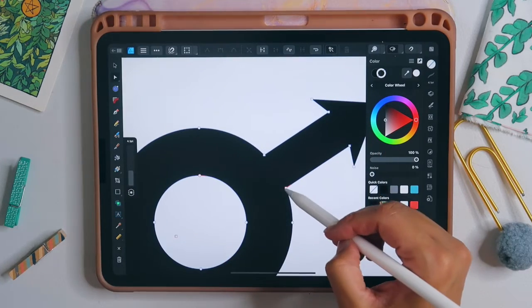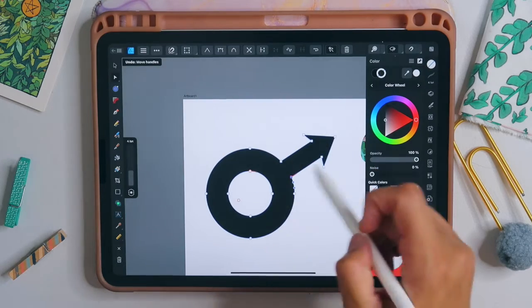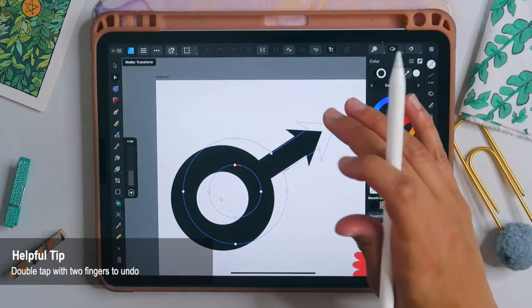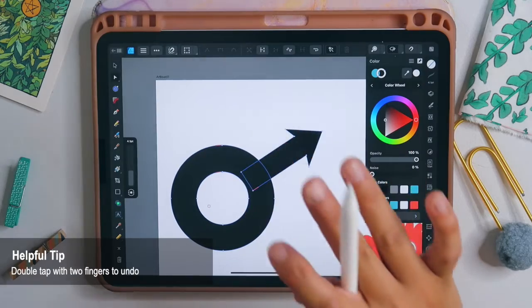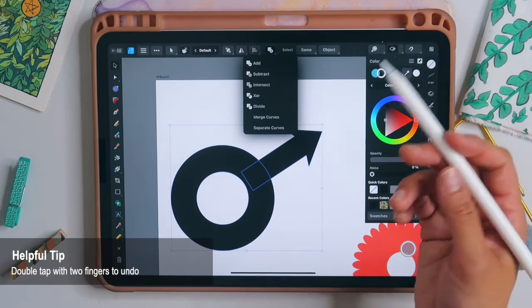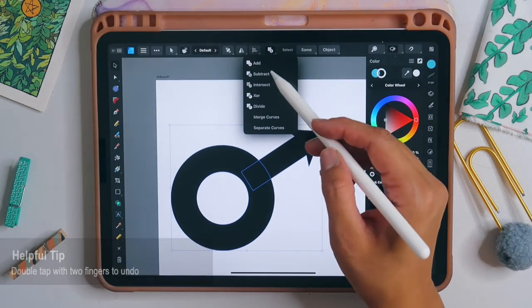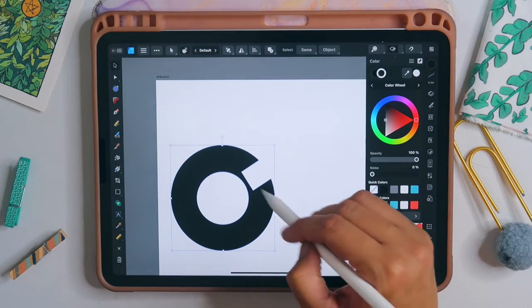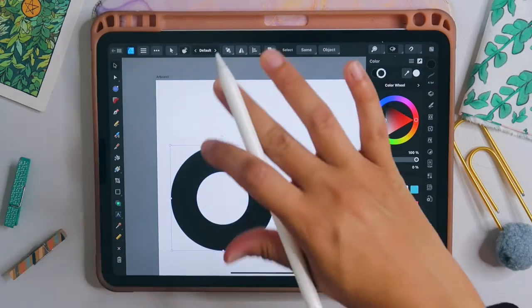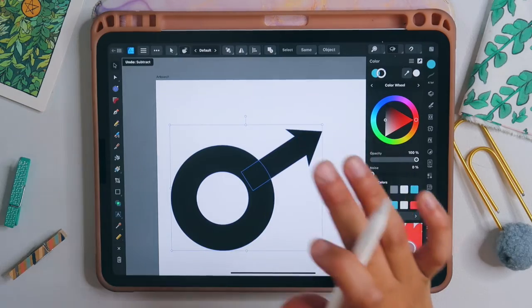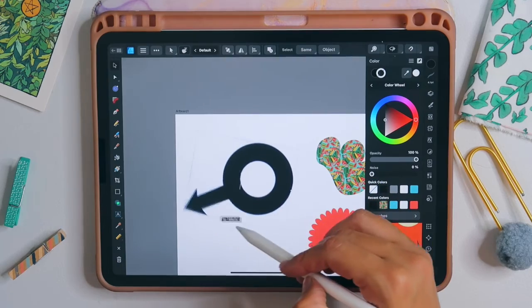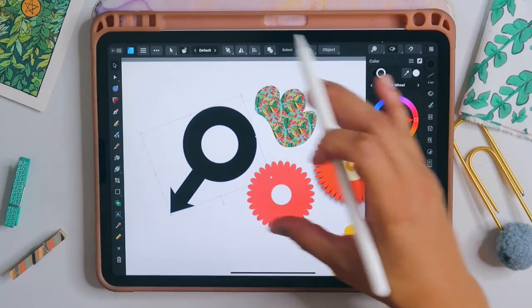If we select our nodes, we can go through and revise and edit because it's all one shape and it's been combined together. We can also just select undo by double tapping with two fingers. And if we went into our geometry options again and selected something like subtract, it would subtract that top shape from the bottom shape. So it goes based on placement of the layers. So I'm just going to tap the screen with two fingers to undo, and it'll undo my subtraction. So this is really helpful as you're working on creating your different elements